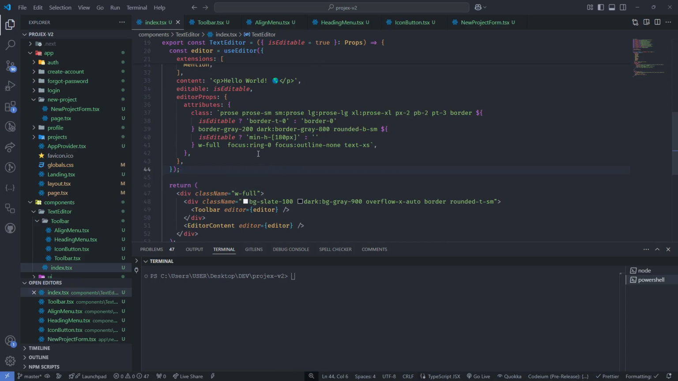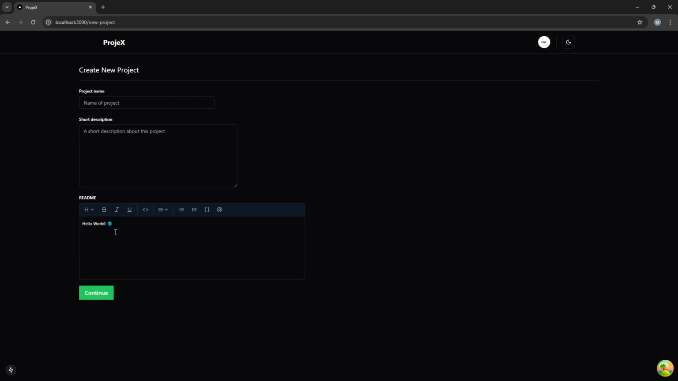So yeah, you can see I'm also setting some minimum height and stuff like that. So let's see, it should change a little bit. Yeah, so it is looking nice now. All right,